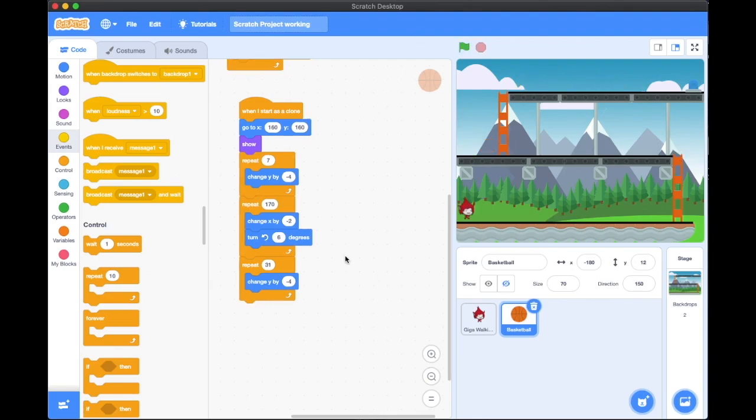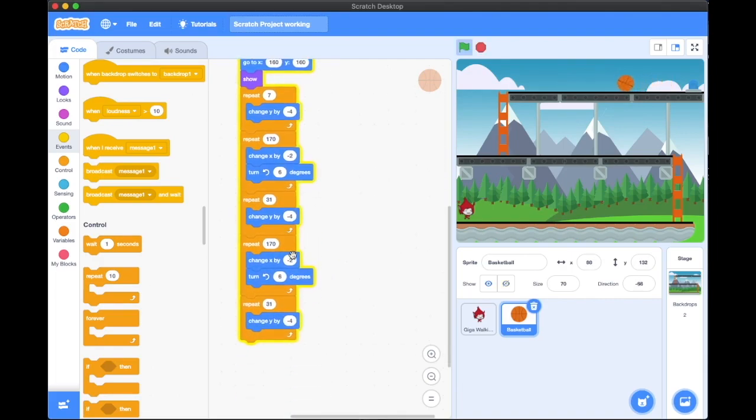Perfect. So the next thing we're going to do, now our ball has moved along, it's dropped here. So now we need to get it to roll along the middle level to the very end, just after the ladder. It's going to fall, hit the ground here, and it's going to roll all the way to where Giga starts. So we're going to just copy this one here. So if we go duplicate,